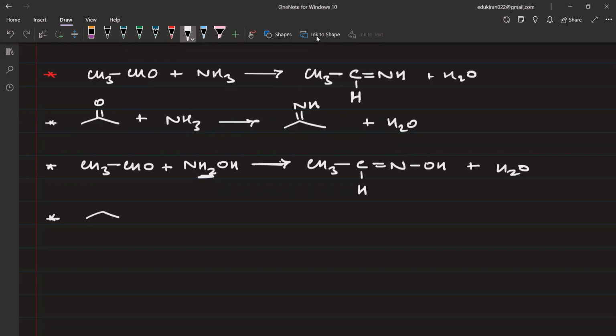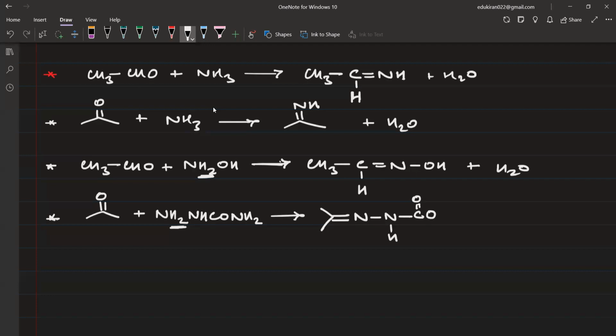Similarly, if you have C double bond O with NH, NH, CO, NH2, this is known as semicarbazide. What is this going to give you? Here this H2 will form water and you will have double bond N followed by again an N. This is already having an H. You have C double bond O and then NH2. C double bond O followed by NH2. You can also write the structure as